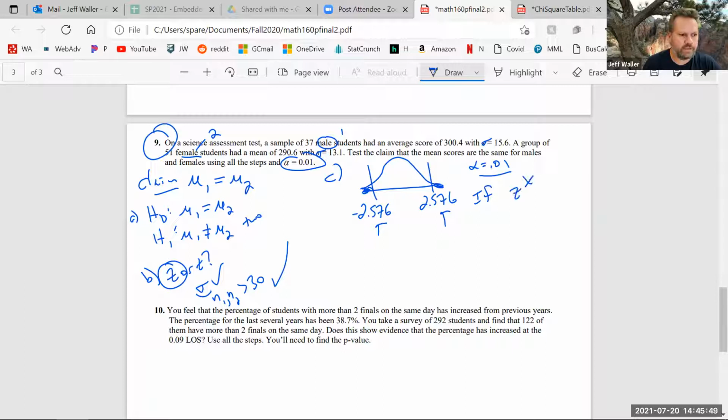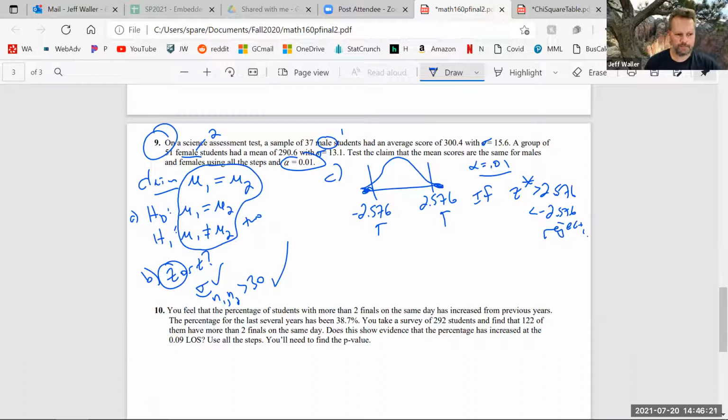Even if you didn't do this section, can you see how very similar it is? The only things that are different so far are there's no numbers here, are there? Because it's not a claim about numbers. It's a claim about 2 population means, how they relate to each other, right? So there won't be any numbers that show up in our claim or our hypotheses. If Z star is greater than this or less than this, we can reject.